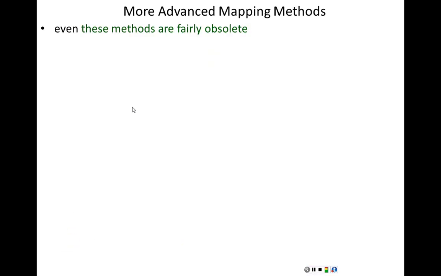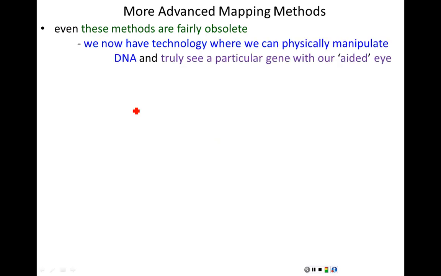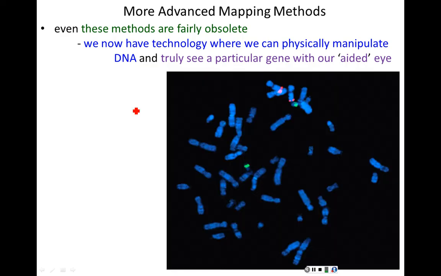Even these methods that I'm presenting here are fairly obsolete. We now have technology that's almost like science fiction, where we can physically manipulate DNA and see where particular genes are with our aided microscopic eye. This is called in situ hybridization, and there's other related techniques, but what you're looking at here are fluorescently labeled